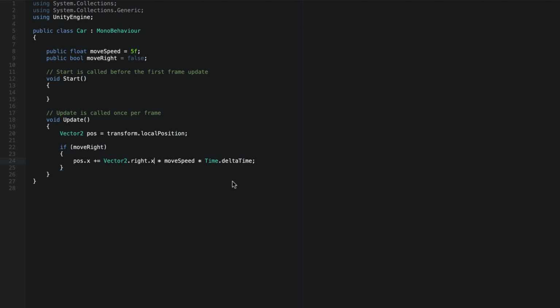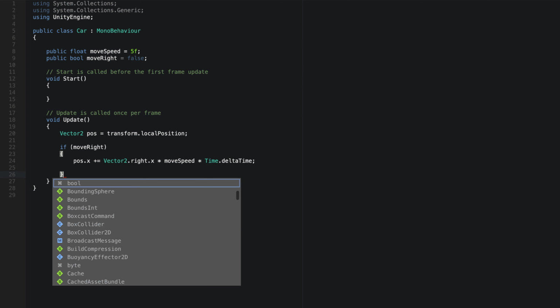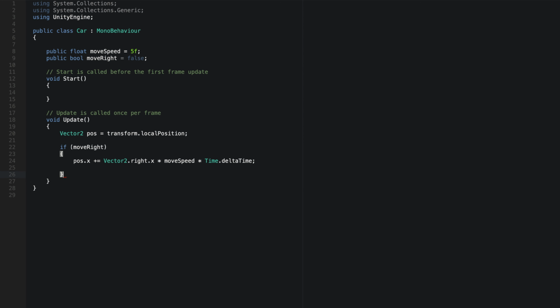Okay, so that way, if we have any weird framing issues, our distance will still be the same when we move. That makes sense? If we then say moving right, yes, that's all good and well. We're moving in a positive direction. But now,